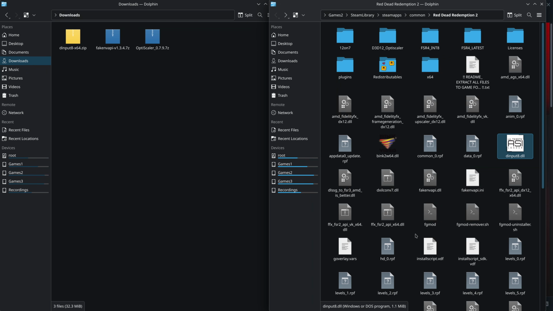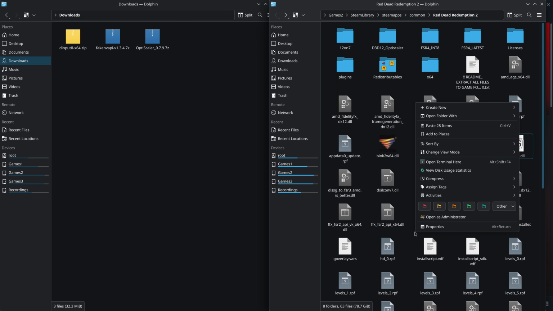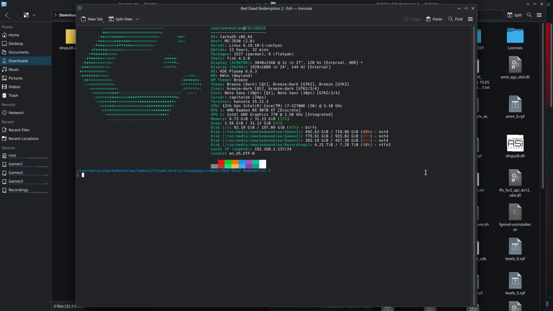And the next thing that we need to do is we need to actually install OptiScaler. So here, we're going to right click and click on Open Terminal here. And now we have the directory listed where Red Dead Redemption 2 is installed. Type in chmod +x, and that command is going to change the permissions so that we can execute the following script: setup_linux.sh. And if you hit the right arrow key on your keyboard, that's going to complete the line for you. Hit enter, and then next